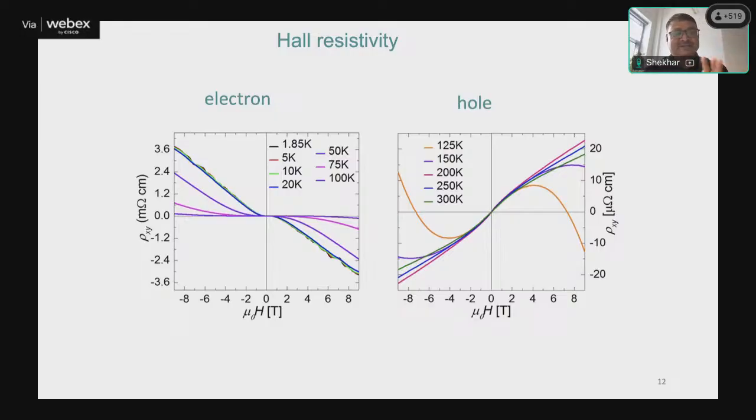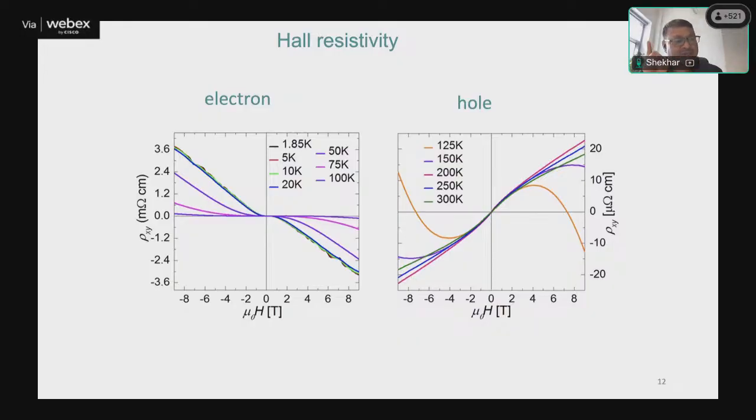But as I said, this material is a semi-metal, which we are measuring. It has a huge amount of resistance and a huge amount of mobility. So the Hall resistance is not linear. In the first sketch diagram, I said the Hall resistance is linear, but